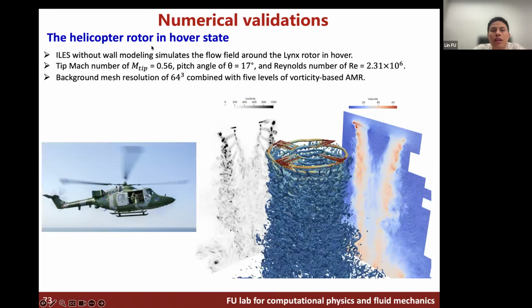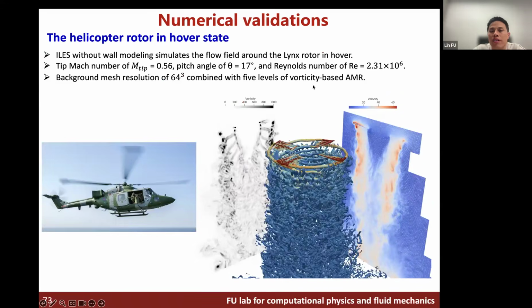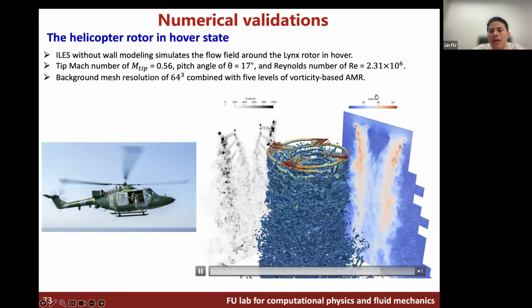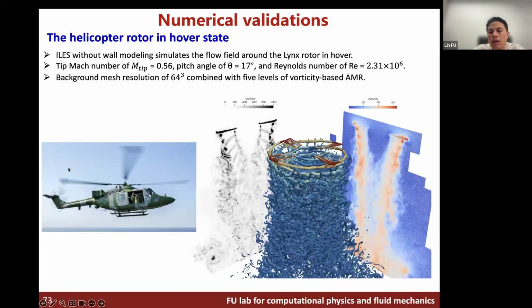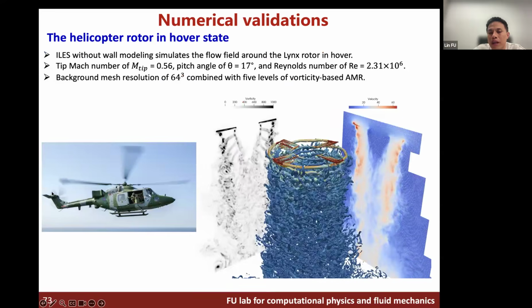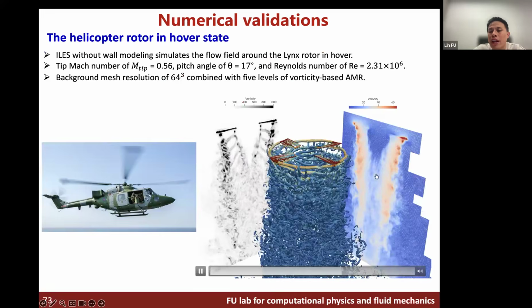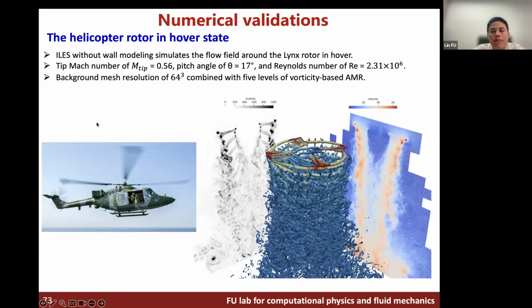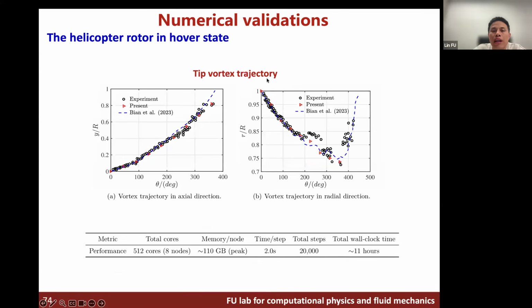This is a helicopter rotor in the hover state, okay, which is challenging for adaptive mesh and numerical methods, etc. And this is the turbulent structure we captured, and you can see that the Tino scheme and the KEP scheme is very low dissipative. We capture all this kind of fine multi-scale turbulent structure, and we compare the tip vortex trajectory with the experiment, and again we get excellent agreement, which is indicated by this red symbol, the triangle.